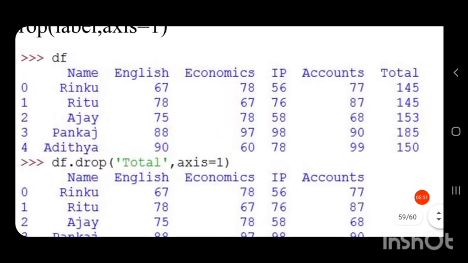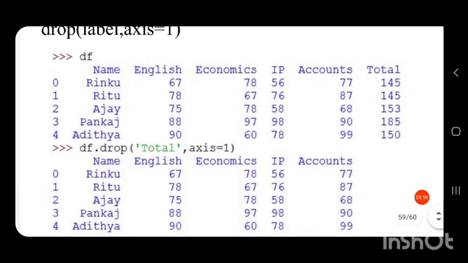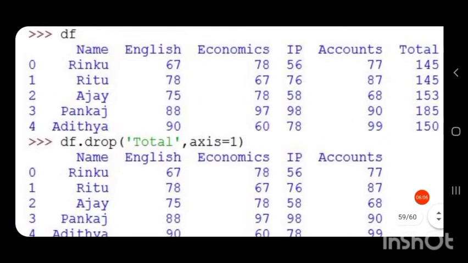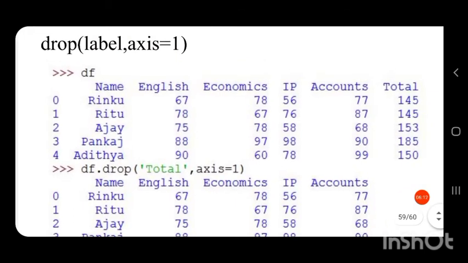So let us see, we have a data frame DF, its columns are name, English, economics, IP, accounts and total. 6 columns are there. Then we have to delete the column total. So we write the command as df.drop, and in brackets the column name, that is the label.